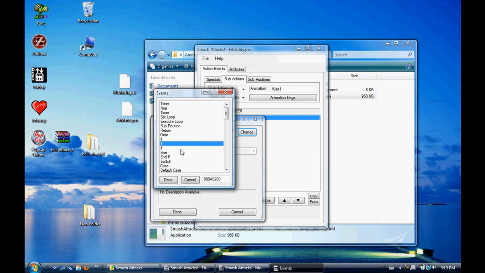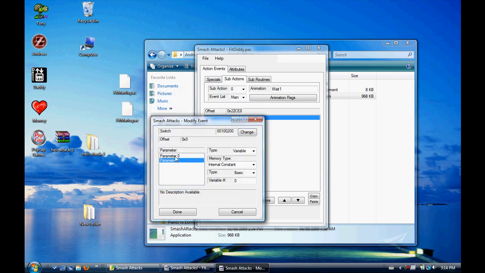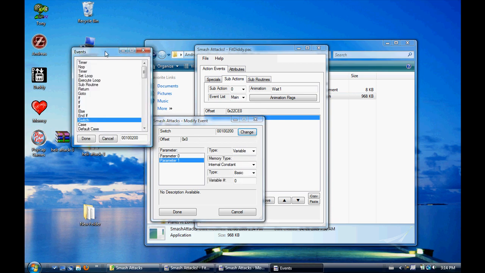Do the same thing. If, great commands. Anyone who's done coding before knows that an if statement is the basis of anything. It's great. Else, that's like if you're pressing B, shoot a fireball, or else don't. Okay, end if, it's another if statement, but this one goes at the end. If you stop holding down B on Bowser's fire breath, it's gonna stop. Switch. Yes, this, you set something to turn it on, and then when something else, it turns it off, a la a switch.